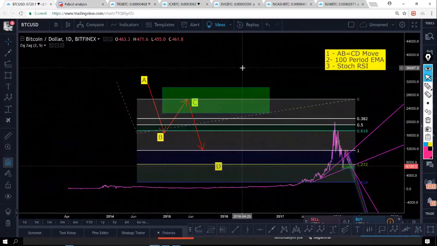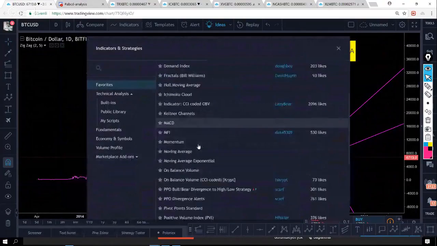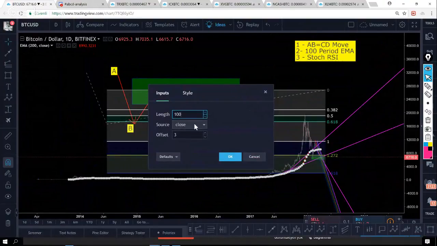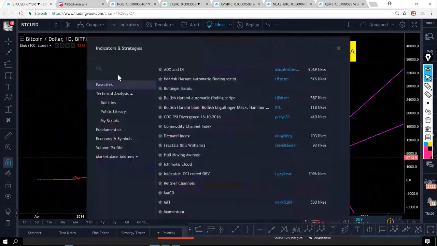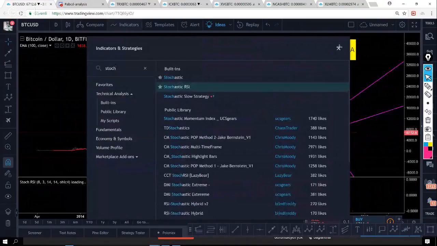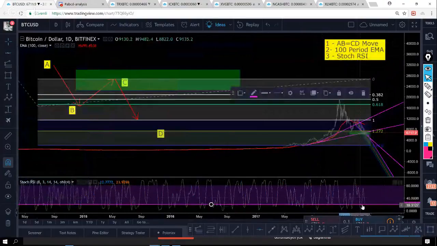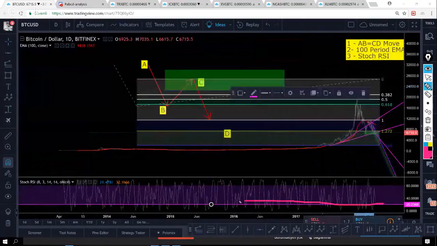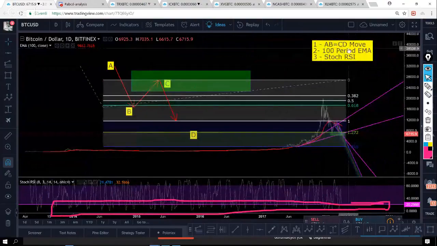And I want to start with a strategy, and here is the ABCD, and I'm using a 100 period moving average, and I want to see the price is above the 100 period moving average, and I want to see a down cross. When I buy at the D point, I want to see the price in this zone, under this zone. We have three rules to execute this strategy,